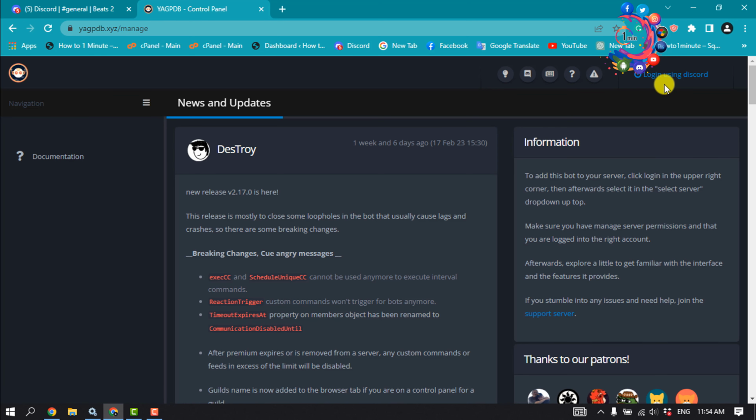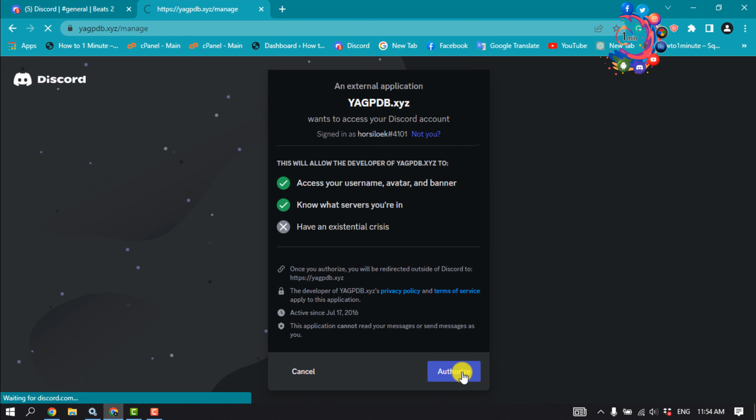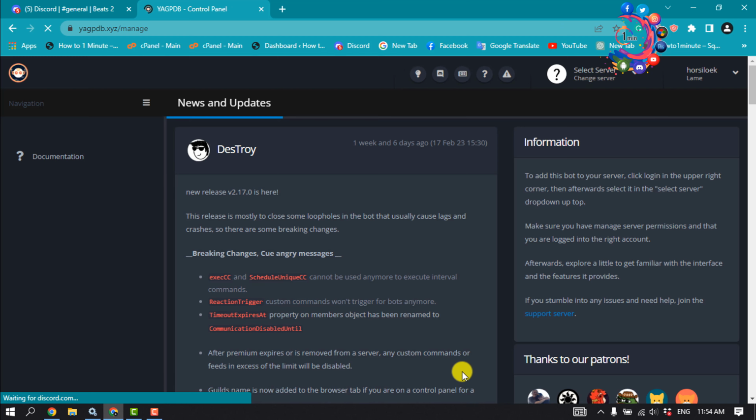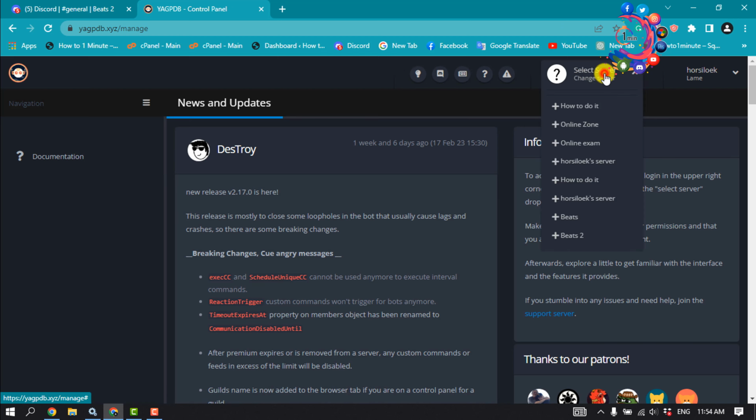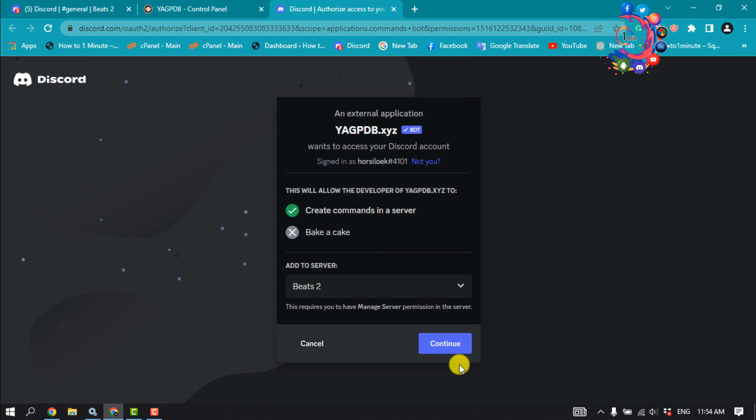Click on login using Discord, authorize, click on select server and select the server you want to add this bot to. Continue, authorize,